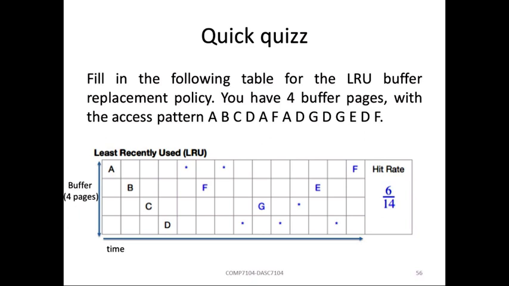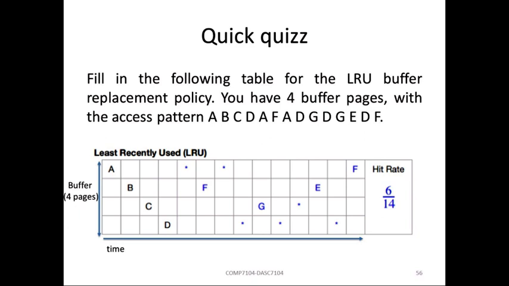So once again, each line, of course, corresponds to one frame. So the top line is frame 1, second line is frame 2, frame 3, frame 4 as well. And each column corresponds to one time stamp. Let me pick also the pointer. Okay, so the first four requests have been, of course, cache misses, because initially the cache